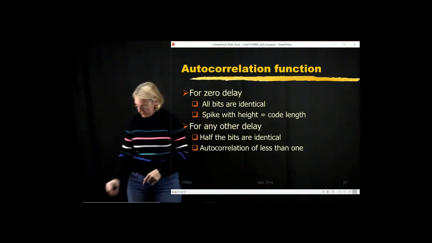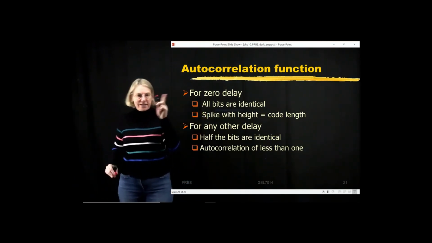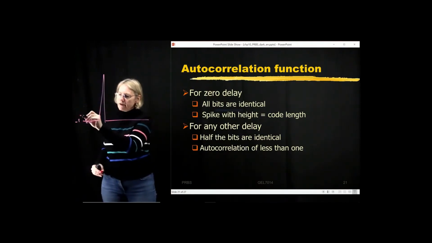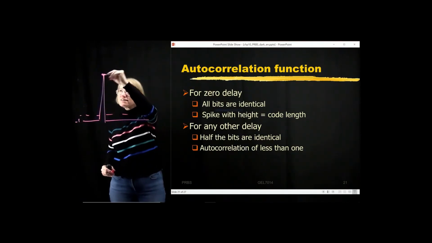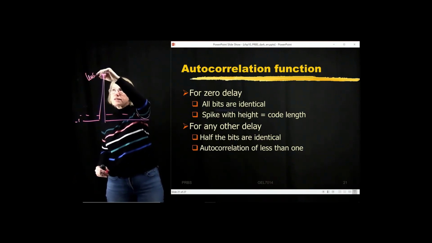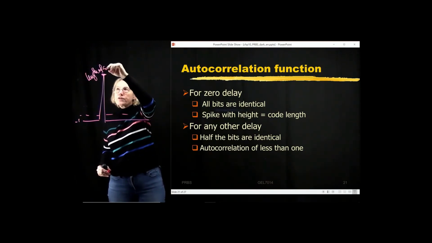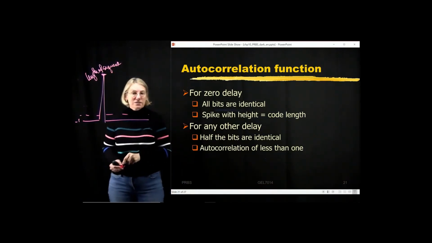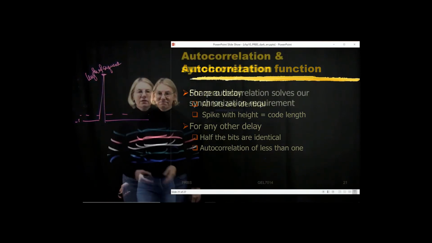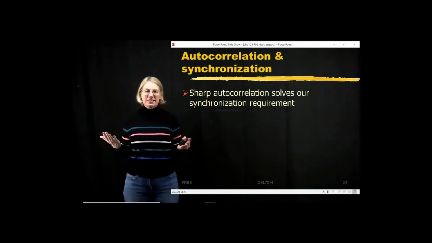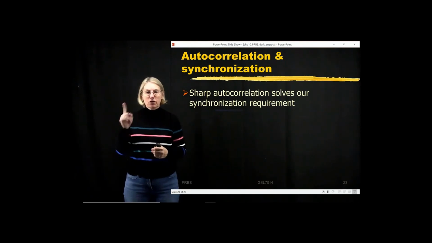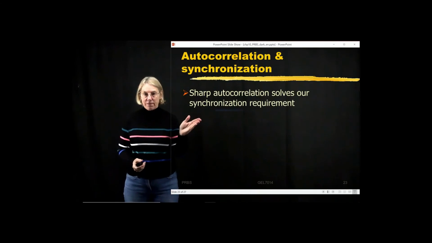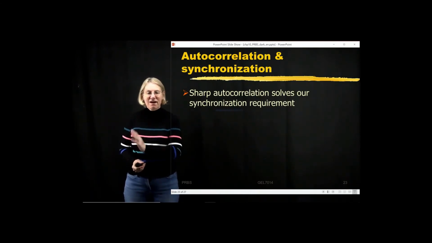And if we didn't do the normalization, maybe I shouldn't have done the normalization, maybe it's easier to see there. If this is at -1, then this height is always going to be the length of the sequence. And the longer the sequence is, the more of a peak I have, and the more noise-like the sequence is. So autocorrelation and synchronization go hand in hand. The sharper the autocorrelation, the more easily we solve our synchronization requirement, which is why these PN sequences are so